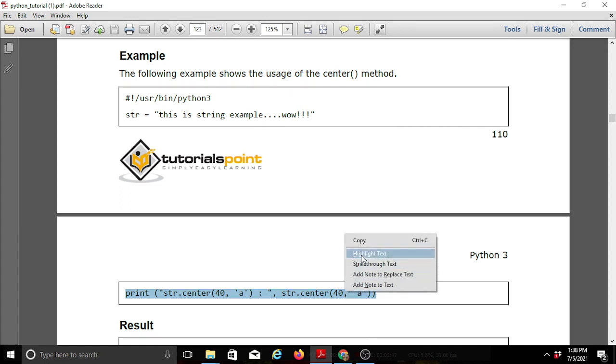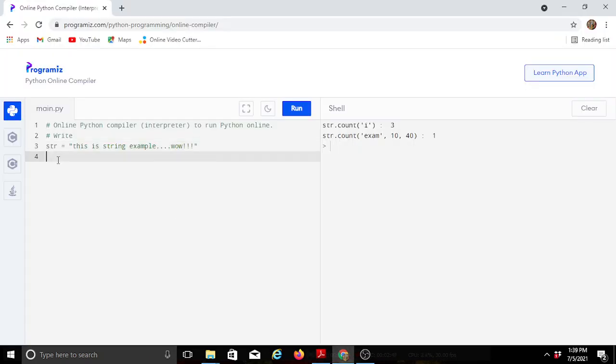Here this is the other way. First I initialize a string, and next I print the same string on the output screen with a character appended before and after it. The character is a, and it is appended before and after the string. I have written the program and saved it as .py. Now I am compiling the program, and I got this output. Here you can observe the string example, and the characters appended before and after the string.